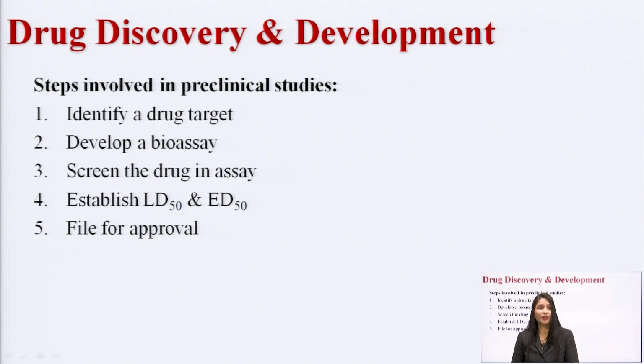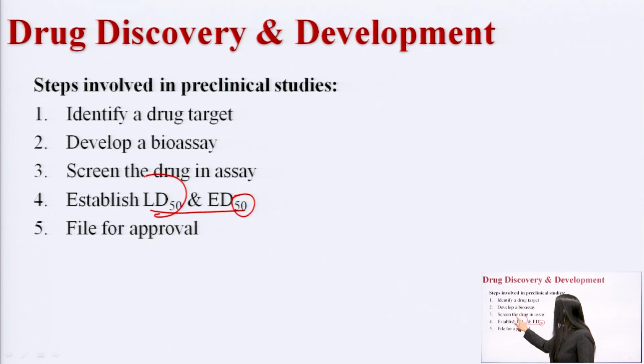After developing a bioassay, you have to screen the drug using the assay. You have to screen the drug, and after that you have to establish the ED50 and LD50 of a drug. So, what is meant by ED50 and what is meant by LD50? ED50 represents the effective dose in 50% of a population. So, in 50% of the population you will check the activity, the effective dose,